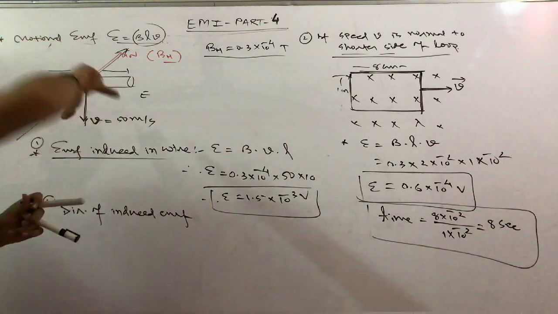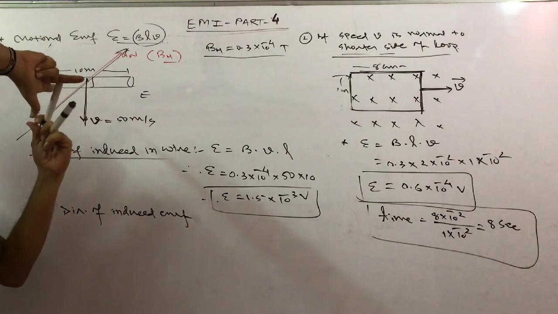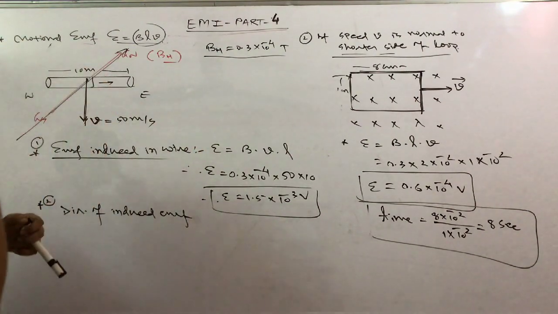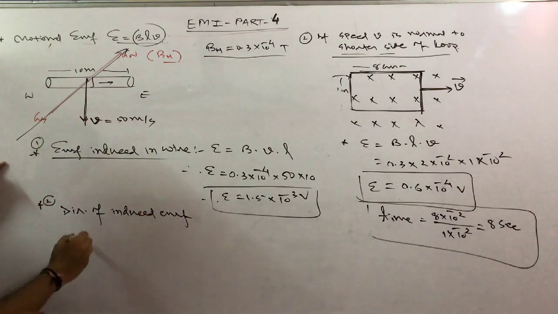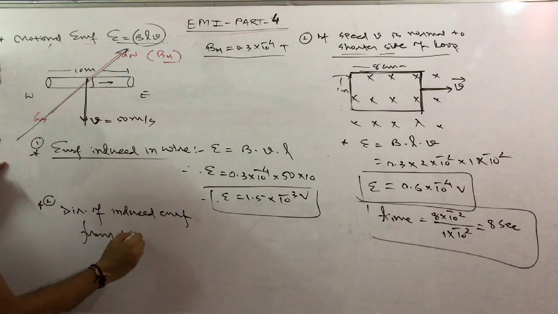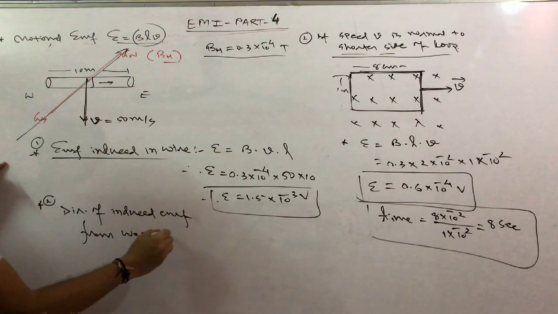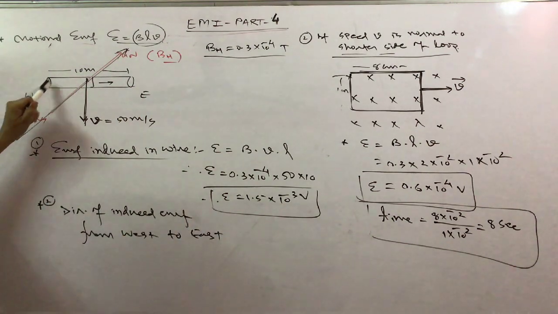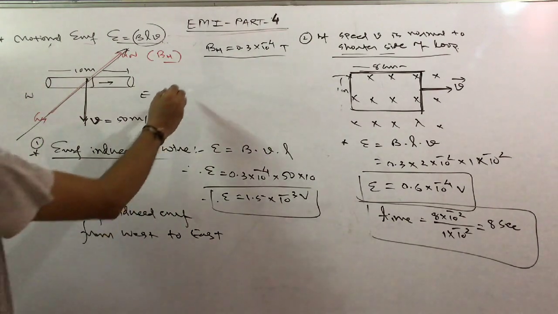So induced EMF is produced in this direction. So direction of induced EMF is from west to east, मतलब ये पॉजिटिव पोटेंशियल है, ये नेगेटिव।